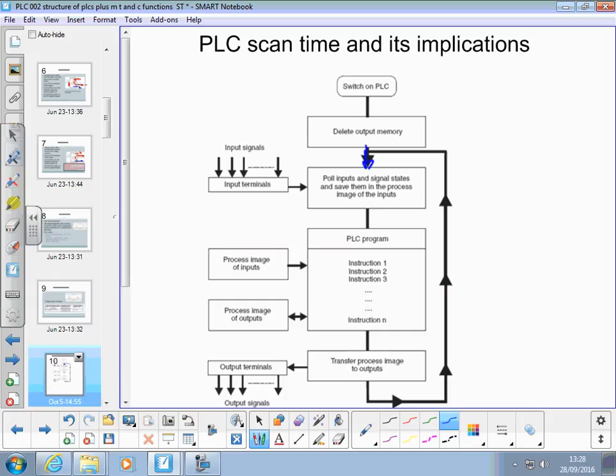What it then does is go through to instruction 1 of your program. And between there and there, it uses the current image of inputs, which could have changed, remember, to process the internal image of the outputs. So nothing output-wise changes until it gets down to the bottom. So if we've got a simplish program like this,